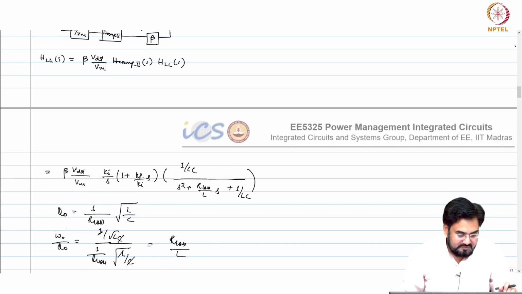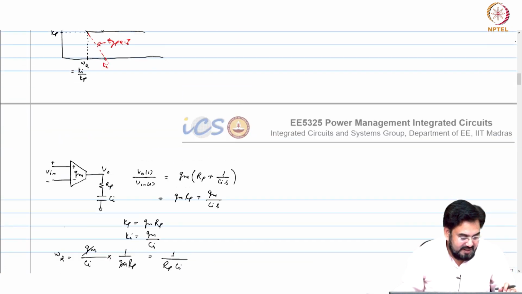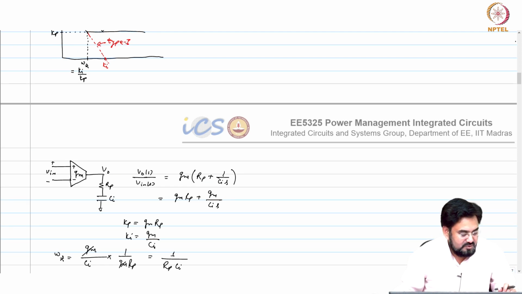Other thing is the output which you are feeding back, it has some ripple actually. So, we do not want that ripple to appear here. So, larger your RP is, the more ripple will appear here, okay, because in the feedback signal you have, that has some ripple component, that will get amplified by GM RP. Okay. So, if RP is larger, then that ripple will be higher, and in order to suppress that, what we do is put another cap in parallel with this or directly at the output of your compensator. So, it will have a pole.